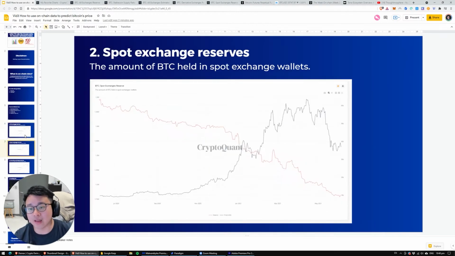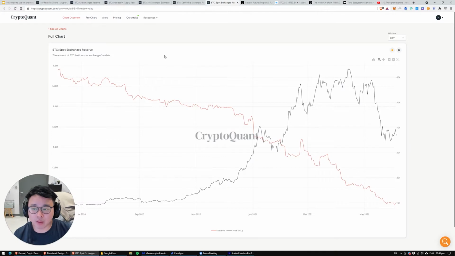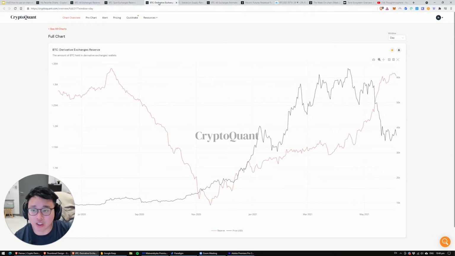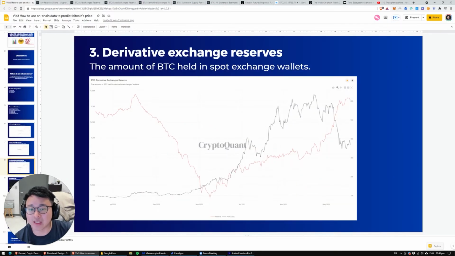Okay, the next one that I look at is spot exchange reserves. So spot exchange reserves is similar to all exchange, but it's for exchanges that do not have derivative products. So this is actually a bullish sign where we see the amount of Bitcoin in exchanges just gradually drops, and we didn't actually see it go up. So all exchange also includes spot exchange plus derivative exchange, which is the next one that we're going to look at, right? The next one is basically derivative exchange reserves, the amount of Bitcoin held in